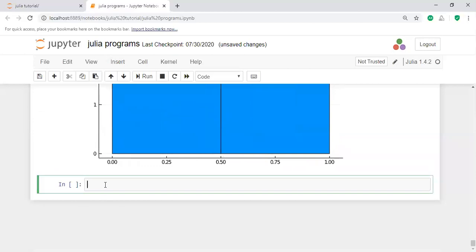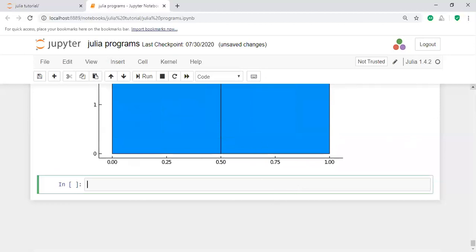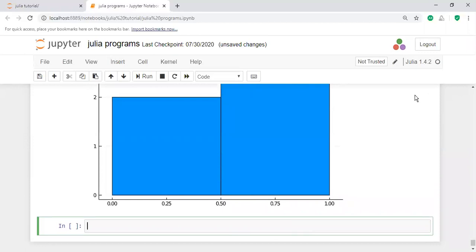If you apply the histogram of y, that means on random values I am applying the histogram function. Here it is the same, both are similar. In this way you will perform the different bar chart, histogram and so on. That is a way of representing the functions.